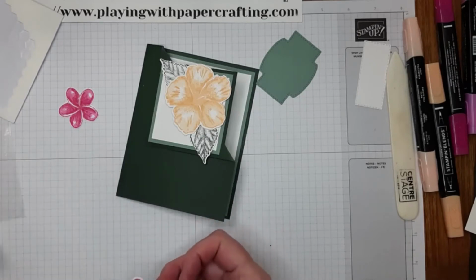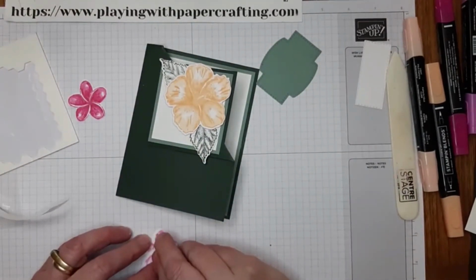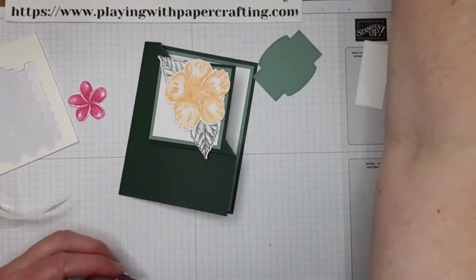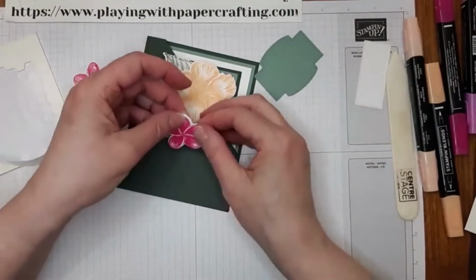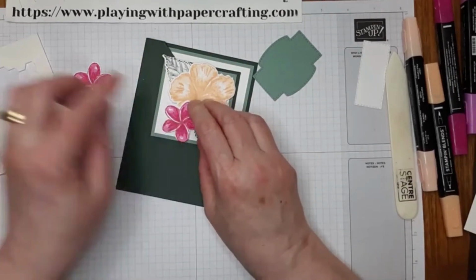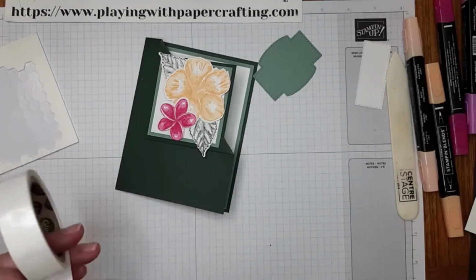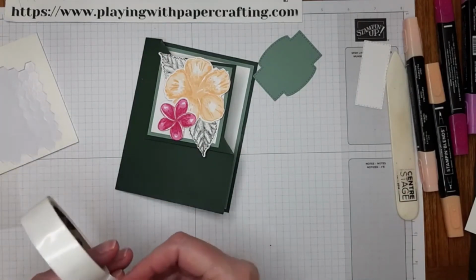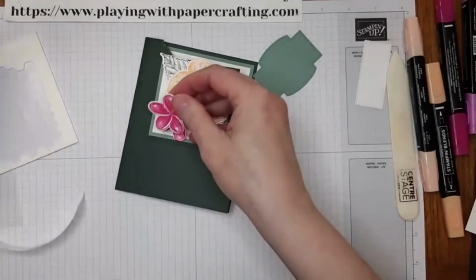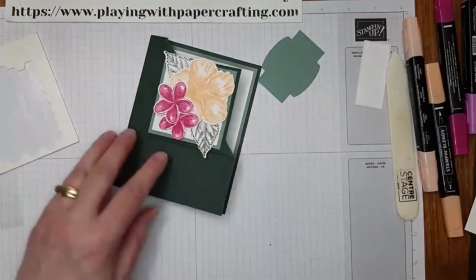So a glue dot on the part that's going to be on top of the hibiscus flower. Where does that go? Okay. And then a little dimensional to support the other thing. This one might only need a couple of glue dots because of the other thing to hold it up. It might just stick on the other one there. Okay, now